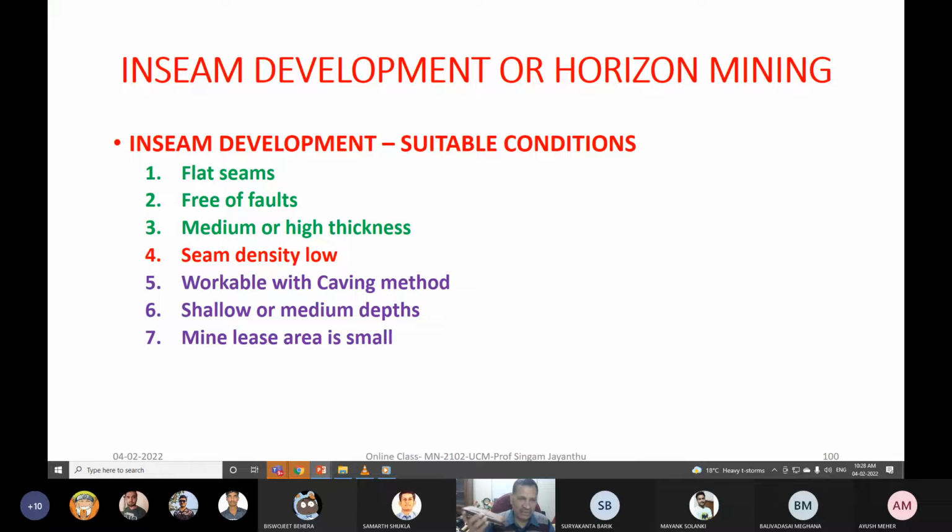Just for a simple idea, you already have that idea. If the seam is almost flat or gently dipping, not very steep, like 1 in 1 or 45, 50, 60 degrees, then we can enter either through a shaft or through an incline or decline, whatever it is. Then you can do development in the seam itself. You need not go for any additional development to reach the seam from a vertical shaft or somewhere else. Generally, for any shaft or any entry, it is better